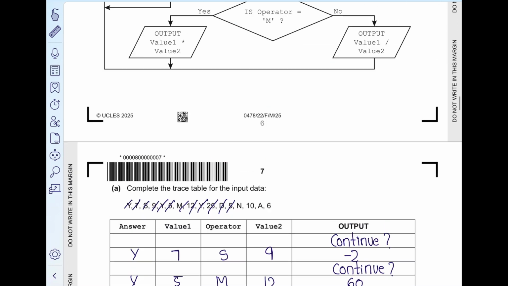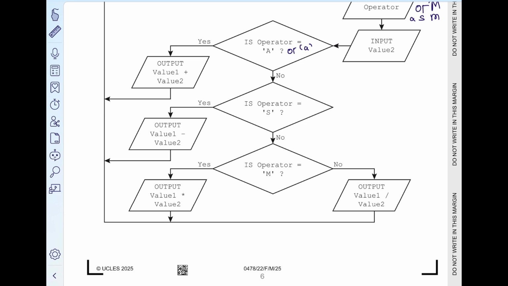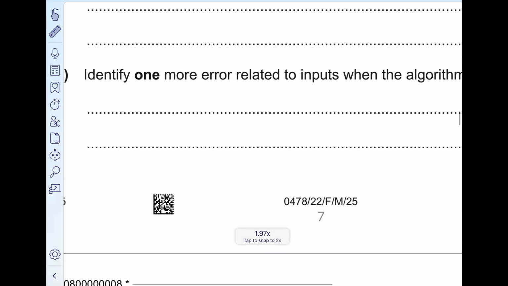Now, when you do this, you will identify that for division, they're not actually checking. They check for addition, subtraction, and multiplication. But if it's not addition, subtraction, or multiplication, it is assumed to be division, which could be wrong. For example, what if the user has not entered D? Or what if they do not want division? What if I entered the incorrect thing? That means it is an error because you're not checking for division, but you simply provide an answer in division. Shouldn't there be an output message that says invalid operator if you have not chosen A, S, M, or D? So that is why I'm going to say that the algorithm we have